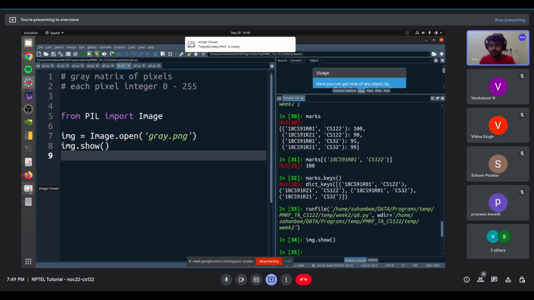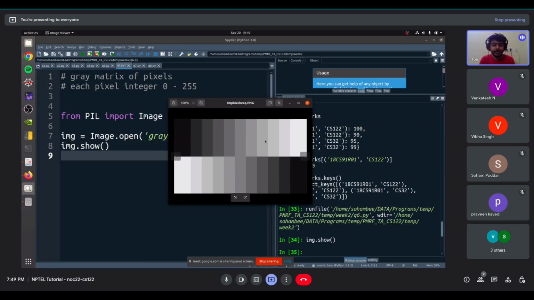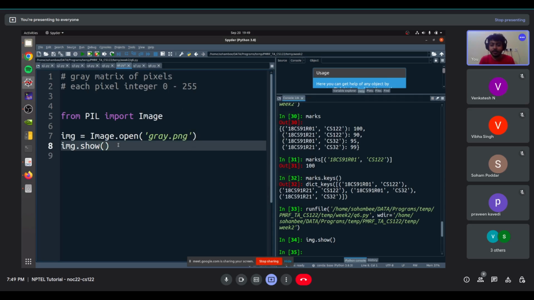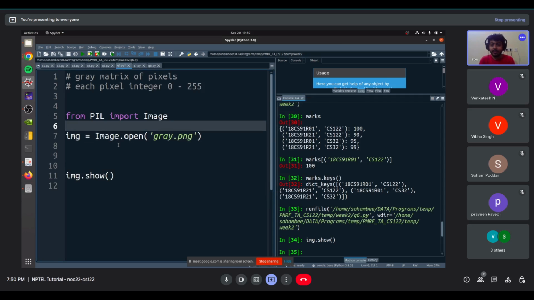It opened up. So yeah, you can see the image. This is the image that we downloaded. So now if you want to convert it to a matrix, then we have to do slightly more tricky stuff. So you might think it's not worth it because we have to do additional stuff, but the point of this